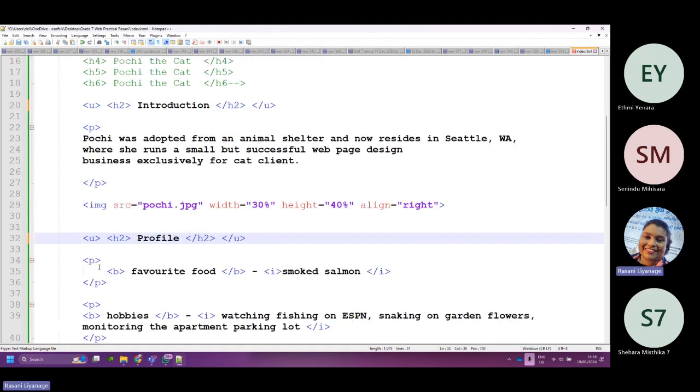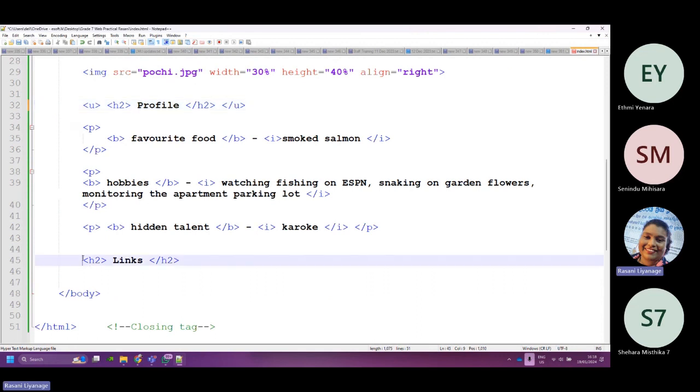For profile also that. And there was one called links. Now that underline works.